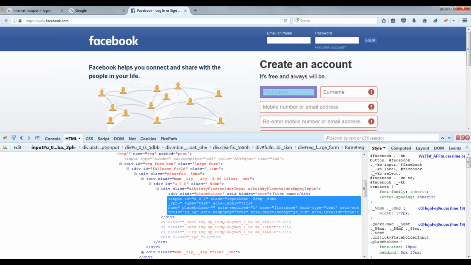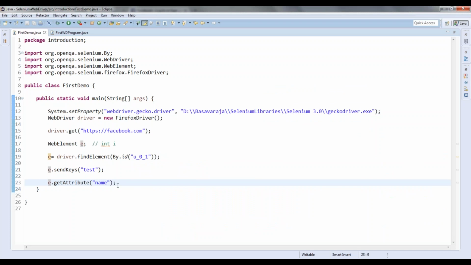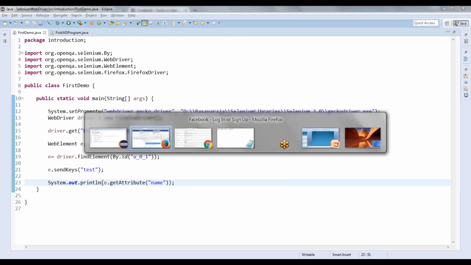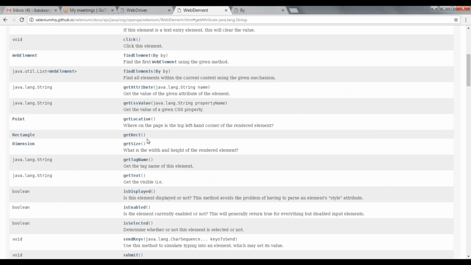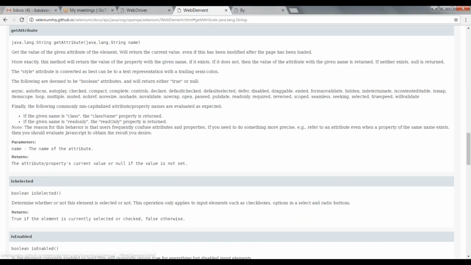It is not displaying that because I am not displaying it here. In our output, I should display that, right? So what will this get attribute return? If you go to the get attribute method, it returns a string.